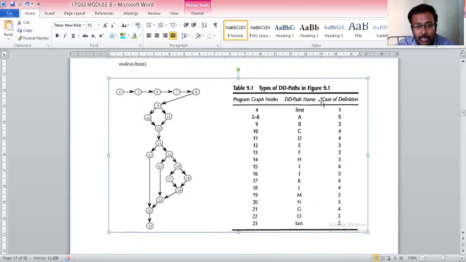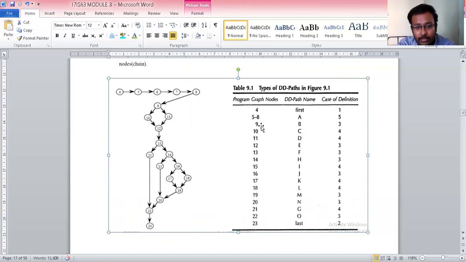Just a few minutes back I wrote the program graph nodes, DD path nodes and case definitions for the subtraction problem. Now you have to do the same for the triangle problem. The nodes of the program graph are in the first column, the nodes of the definition to definition path in the second column, and the case definitions in the third column.